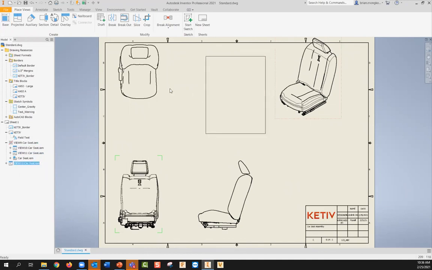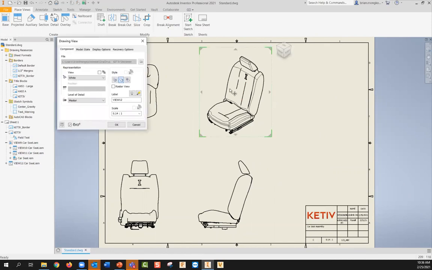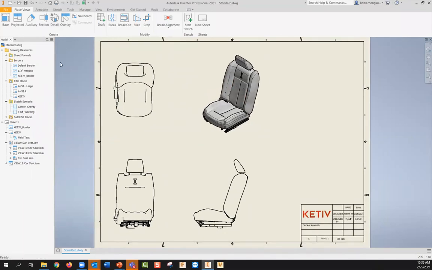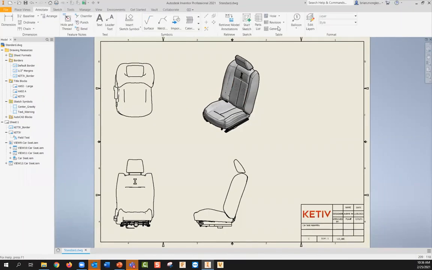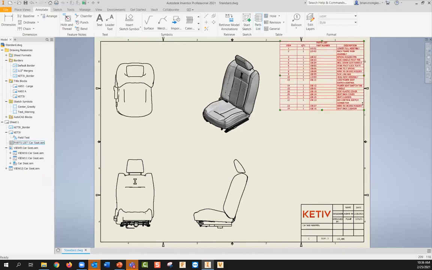So every time you create a new drawing with this template, it'll create these views for your model. And it'll even create different shades if you wanted this one to be shaded in. And if you want to create a parts list every time, you can go to annotate, parts list. I'll reference the front view and place that in, and it'll populate that every time you create a new drawing